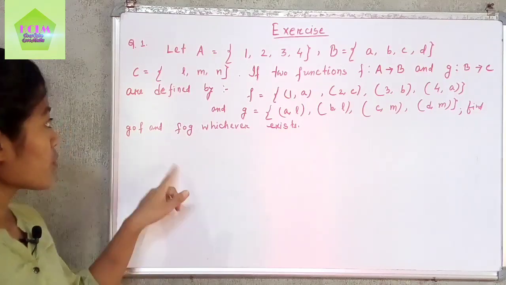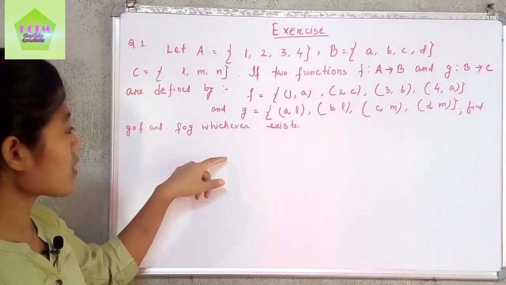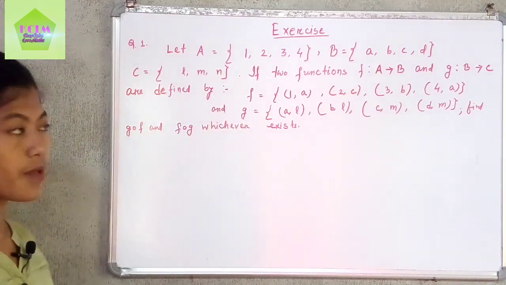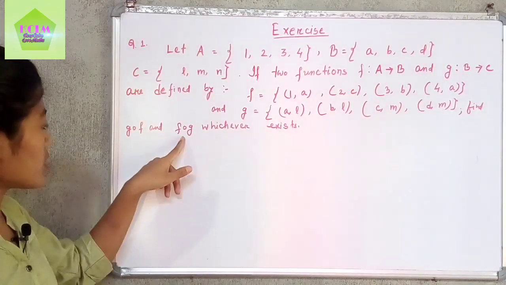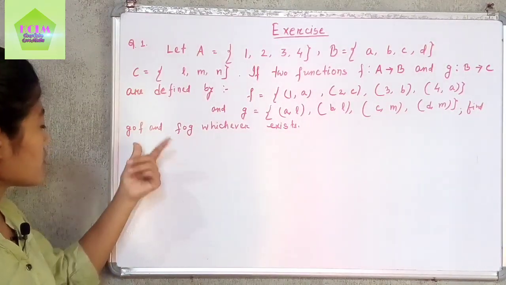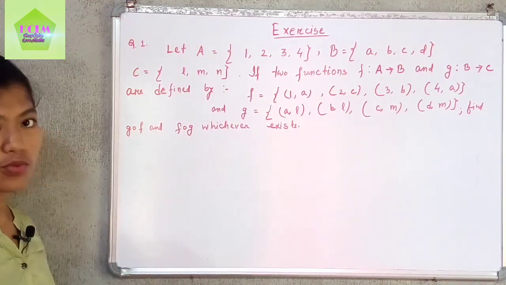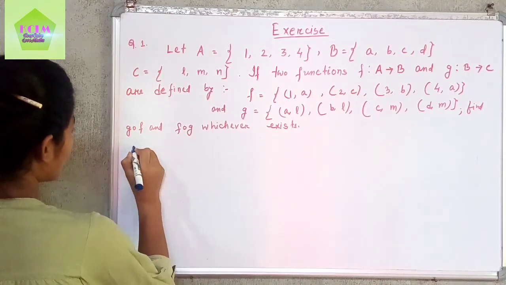So we are given three sets A, B, and C, and we are given two functions f and g. f goes from A to B, g goes from B to C. Then we need to check whether g∘f exists or f∘g exists. Whichever exists, we need to find the composite function also. So the solution is,